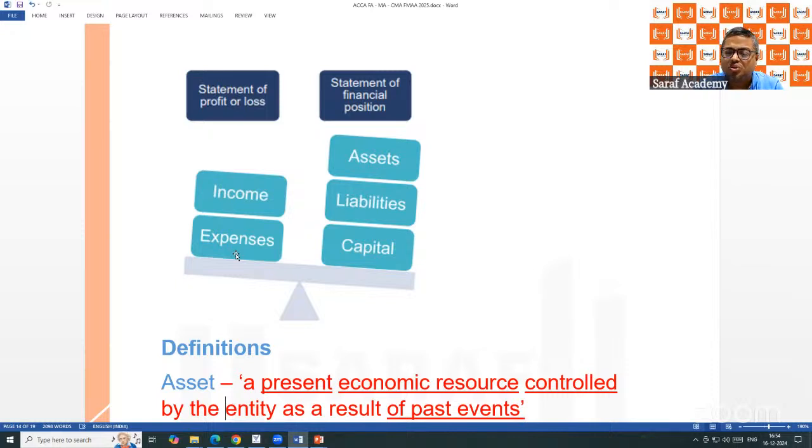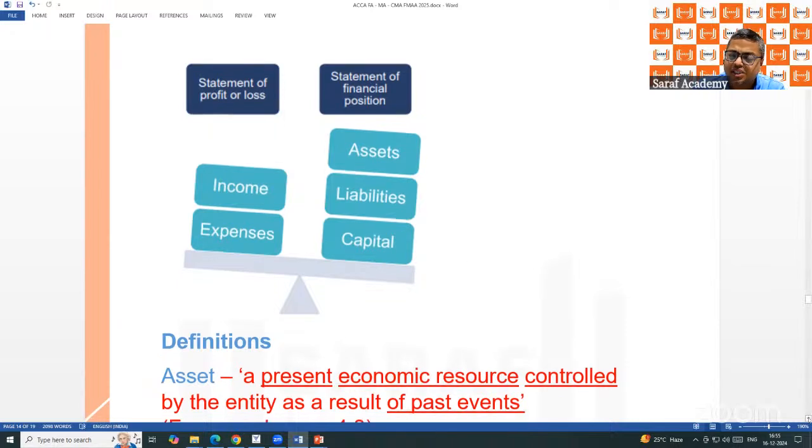The capital is also whatever money is introduced by the owner in the business. Suppose I have introduced 1 lakh rupees in my company as capital. That is also capital. But the difference between income and expense is also capital. The difference between income and expense is called retained earnings, the income which is retained and invested in the business. The capital is retained earnings plus the capital directly introduced by the owners, or the money taken from the business by the owner, maybe drawings, maybe dividend, that all is capital.